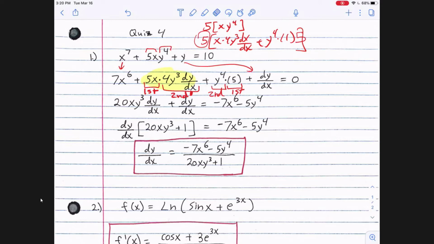So I would say the best way to do it is to just treat 5x as one item right here. So you treat 5x as your first part and y to the 4th as the second part, and use the product rule. Anyway,